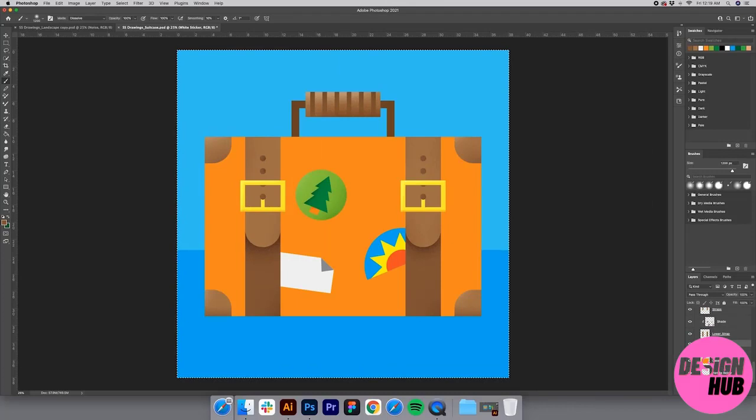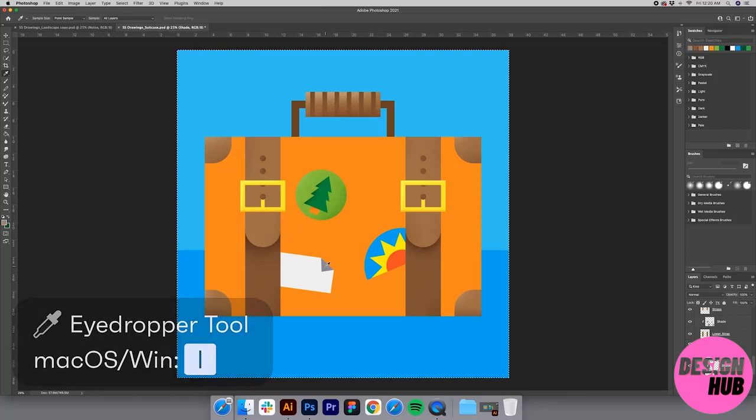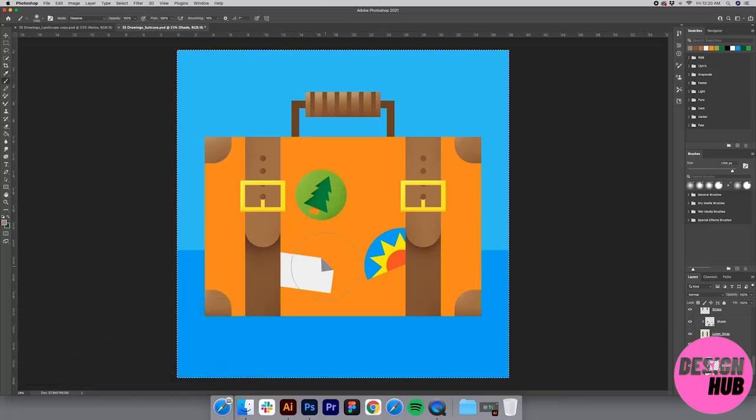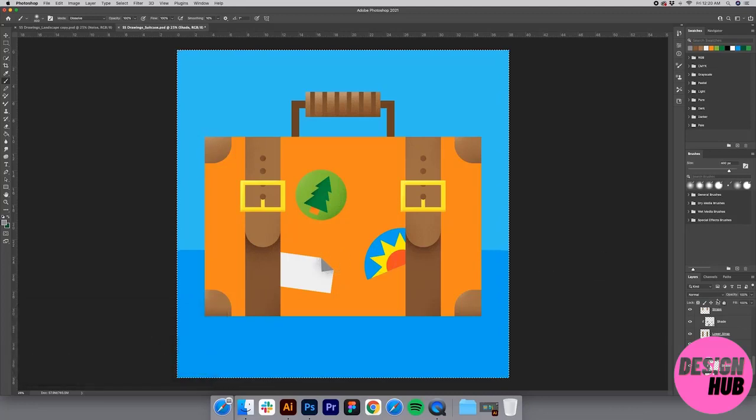Awesome. Now moving on, we have our white sticker, and there's not too much to do here other than perhaps just add a little bit of shade below that corner. So let's go to our white sticker, add a new layer, click between it, call it shade. Let's hit our eyedrop tool, steal the gray from the sticker itself. Back to our brush tool, go down a little bit smaller, give it one click, and then let's play with